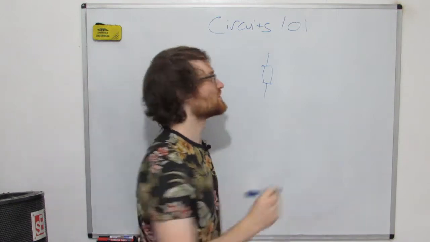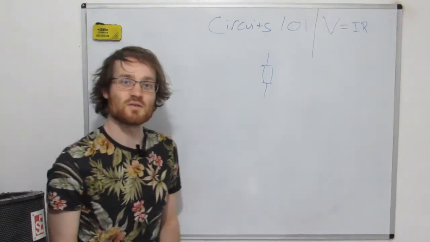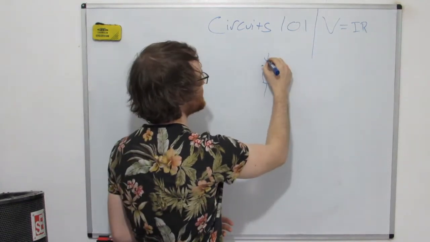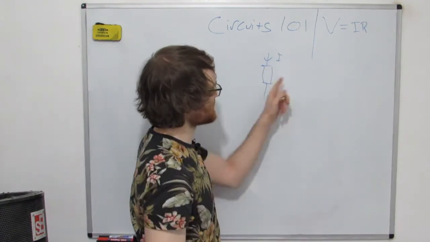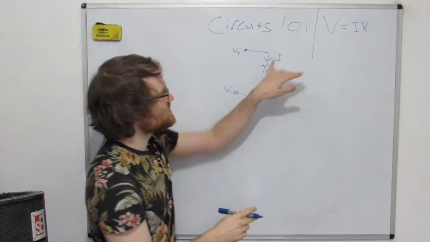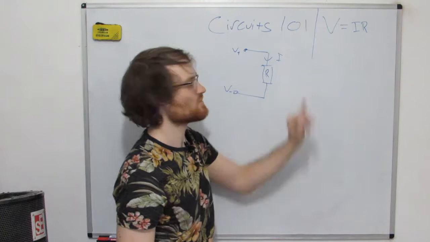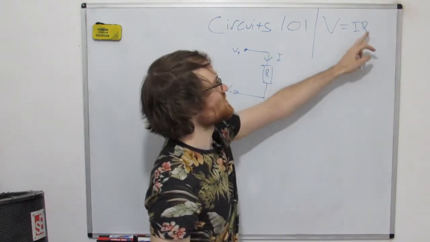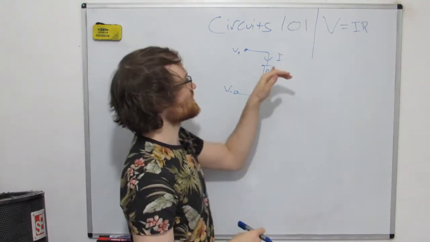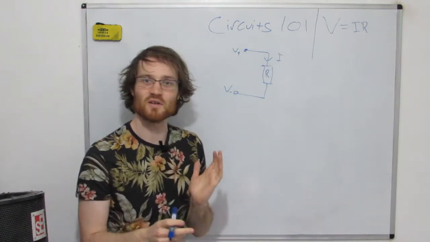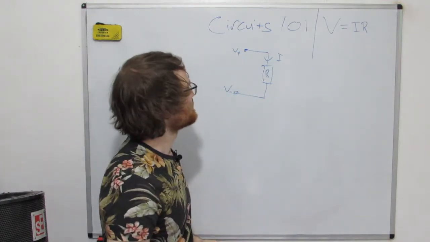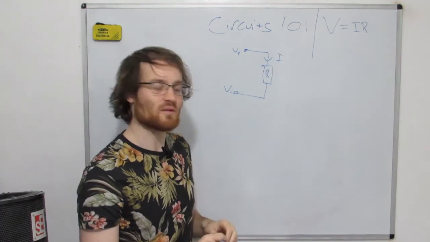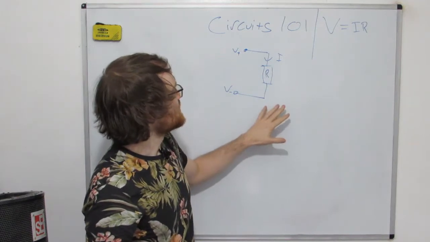The first one we've seen before, this is Ohm's law, V equals IR. All that says is that if there's a current flowing through a resistor, if we know two of these, if we know the voltage and the current, we can work out the resistance. Or if we know the voltage and the resistance, we can work out the current. Or if we know the current and the resistance, we can work out the voltage. And for DC circuits, which is what we're doing at the moment, that applies to any